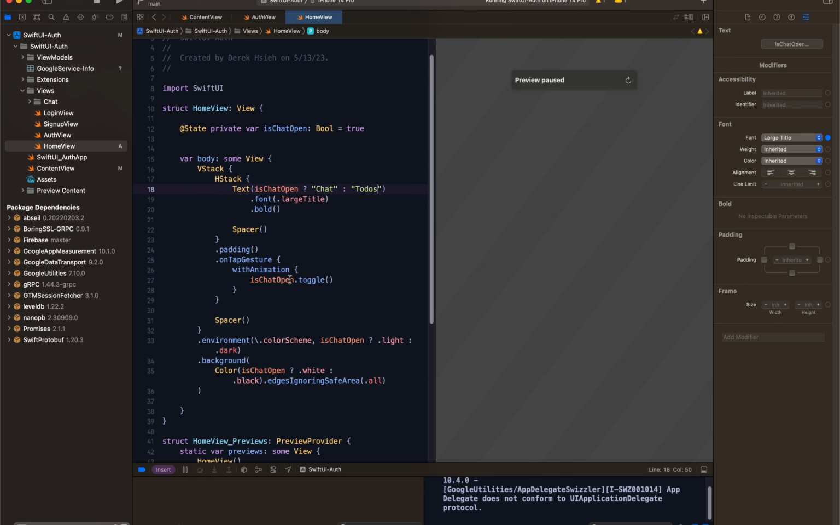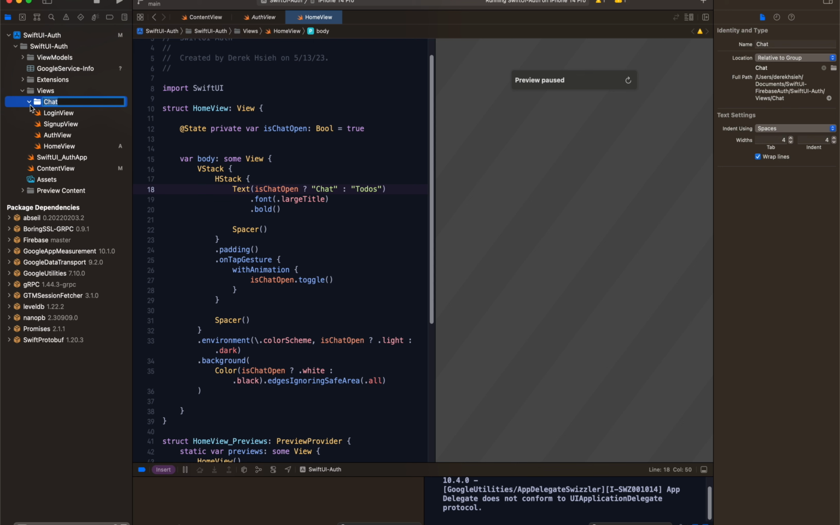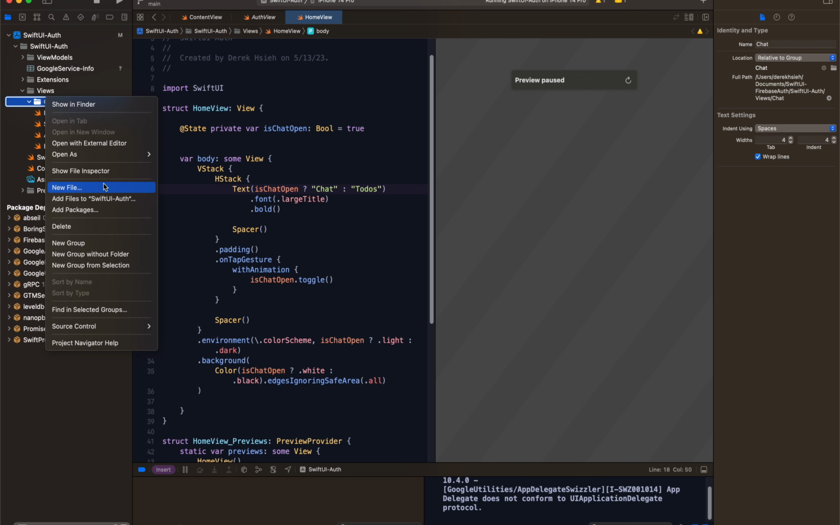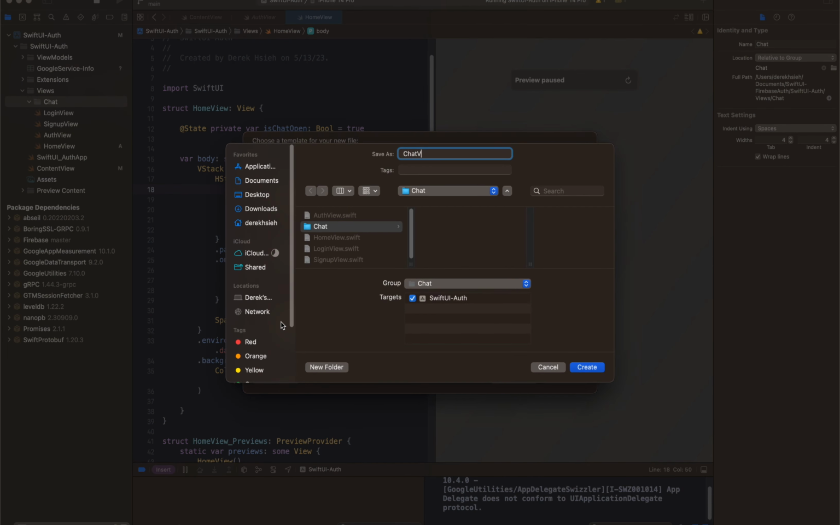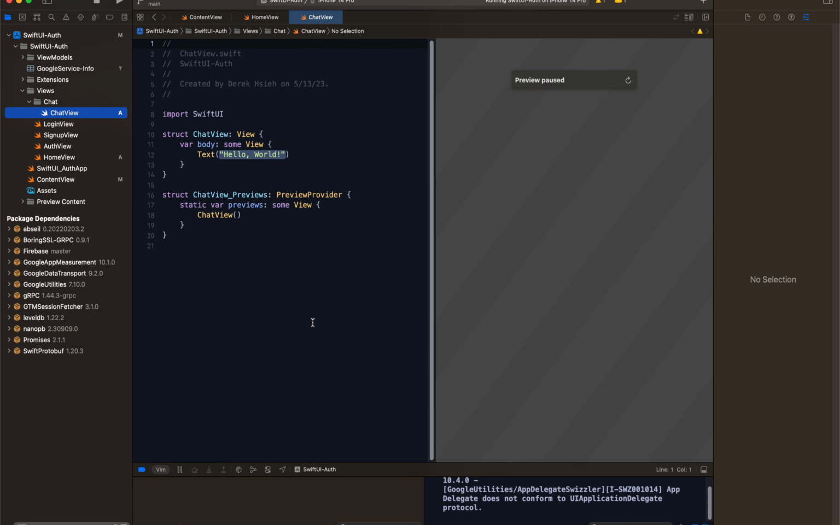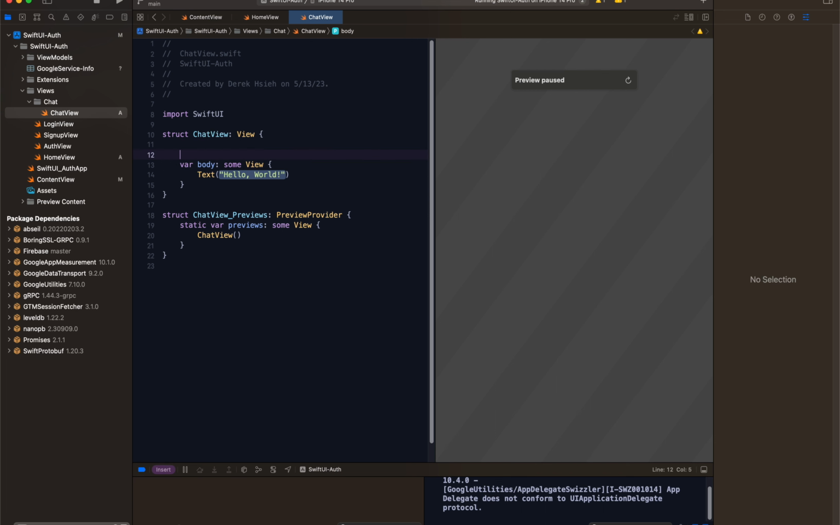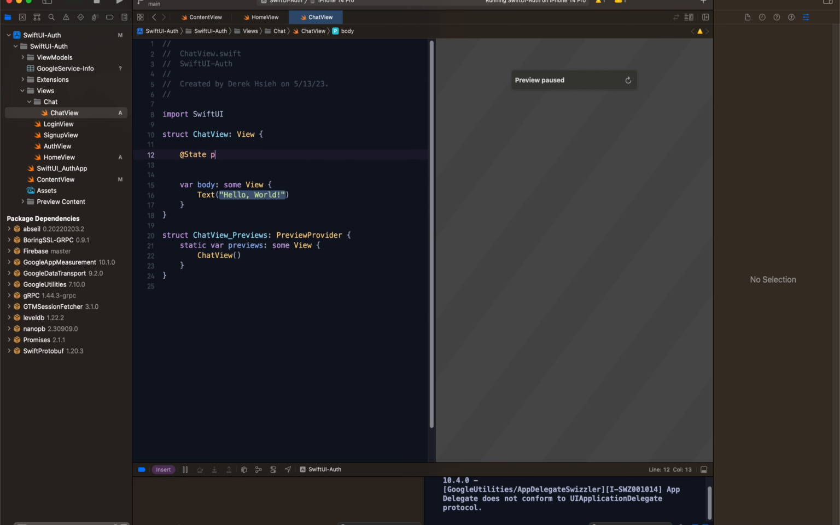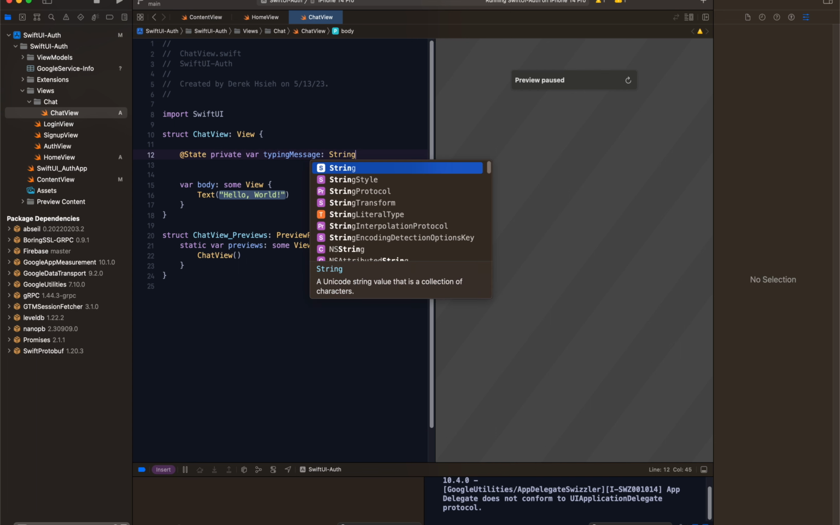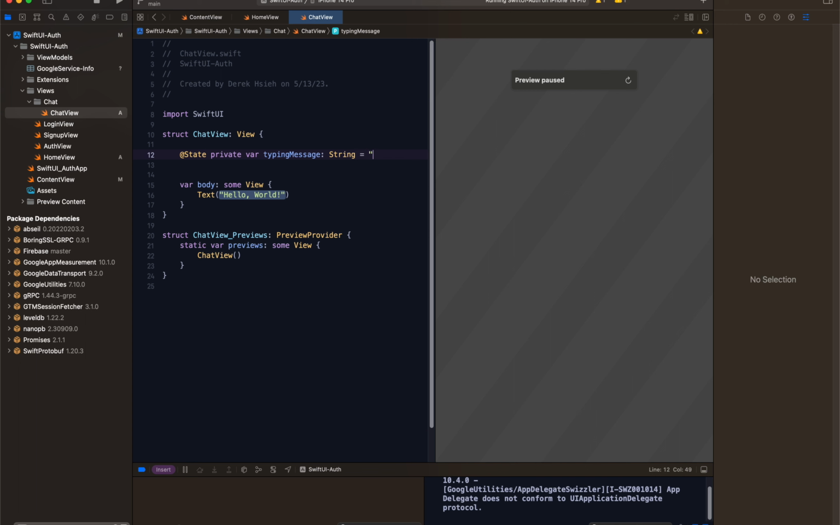Okay, so now let's build out the chat view stuff. So we're going inside of here. Let's create a new SwiftUI view over in this folder, the chat folder. Let's call it ChatView. So inside of this ChatView, we're going to have a few state variables that I'm going to open up first. Actually, for now, let's just start with one: typingMessage. This is going to be whatever the user types